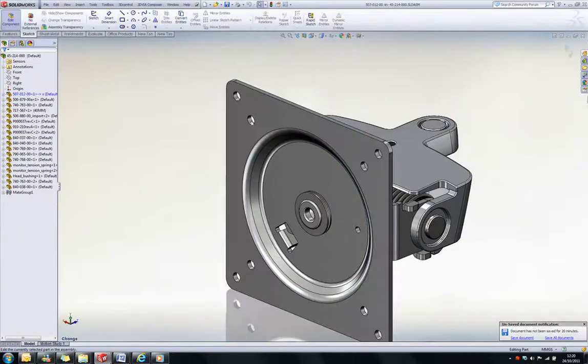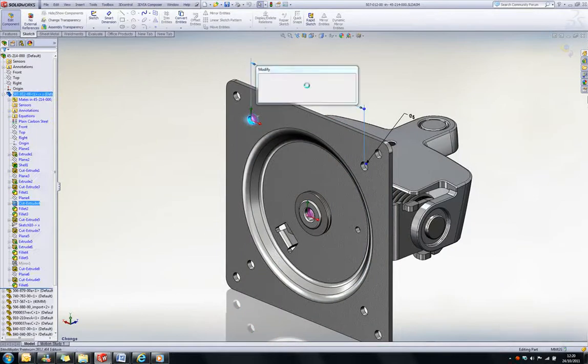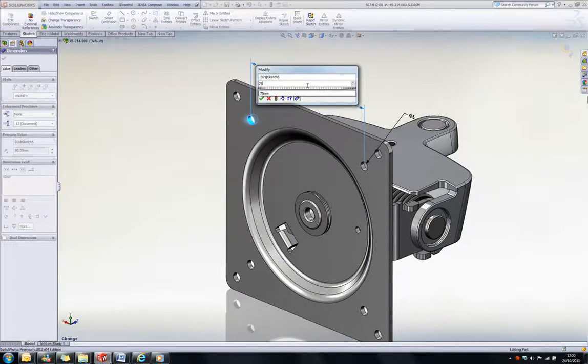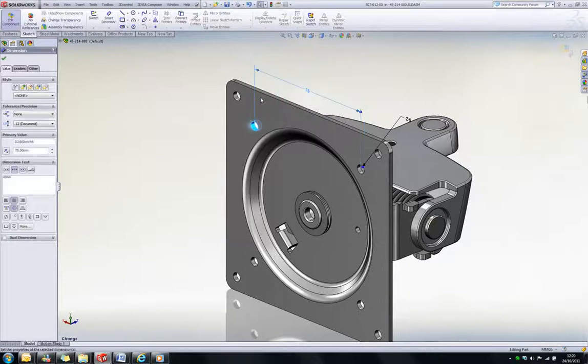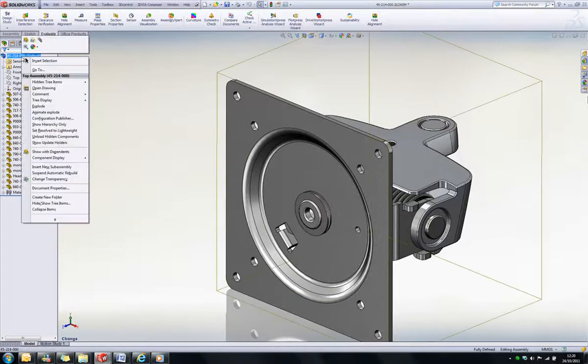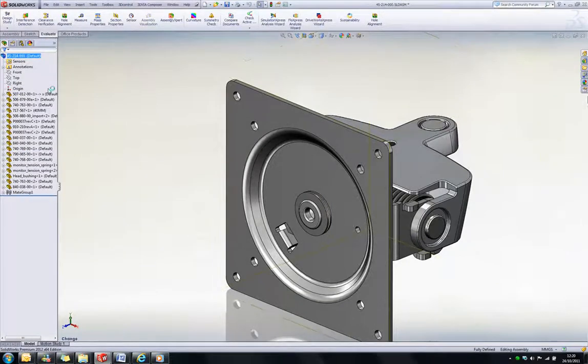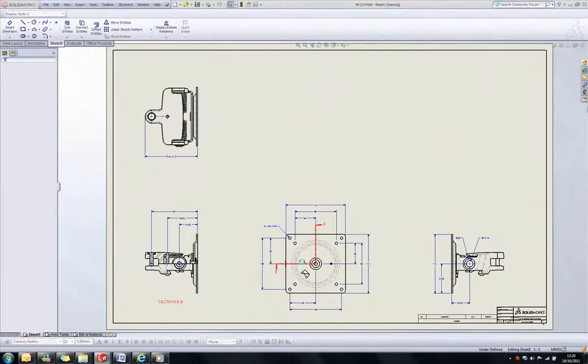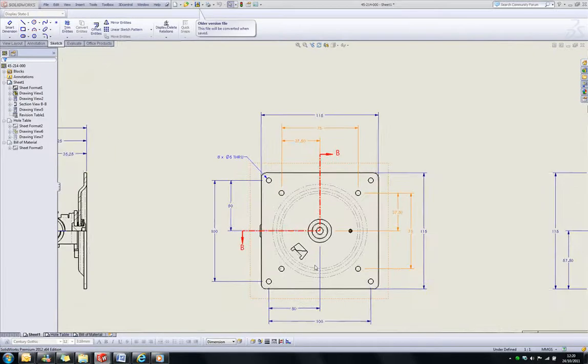Changes are a necessary part of the design process, and as we make these changes, we need to make sure that any of the documentation associated with it is always up to date. But sometimes finding these changes can be a challenge. Wading through many dimensions and annotations on the drawing can sometimes be tricky. SolidWorks 2012 makes this easier than ever before by highlighting any changed values on a drawing sheet. Not only does it highlight them in a unique color, but hovering over any changed dimension value will now show